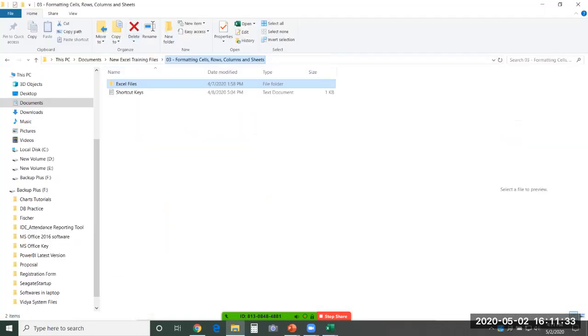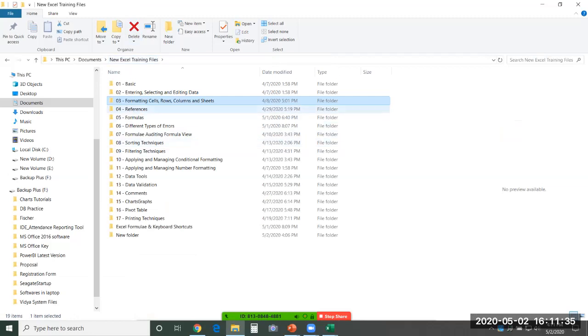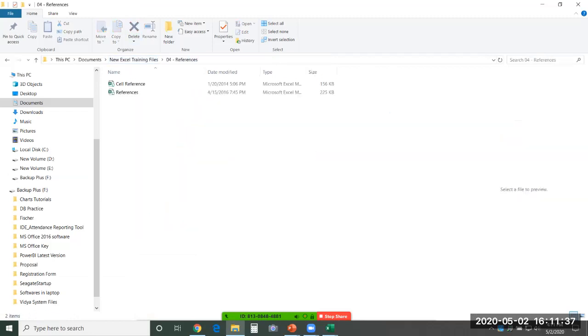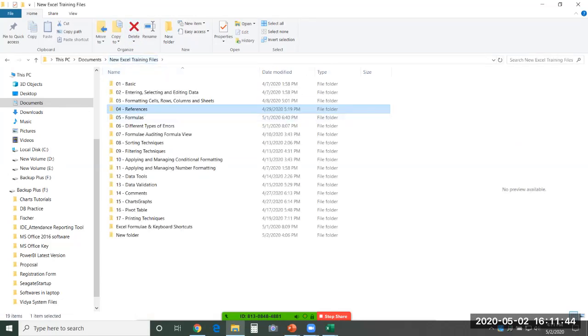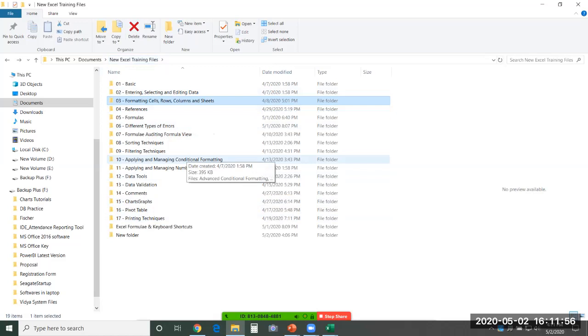So over here, this is the most important one where we'll be teaching you all the cell references and those things. I think I skipped one. See over here, we also have copy paste. So how do we paste in different manners, the different paste special options that we have in Excel. We'll be teaching you those things as well.